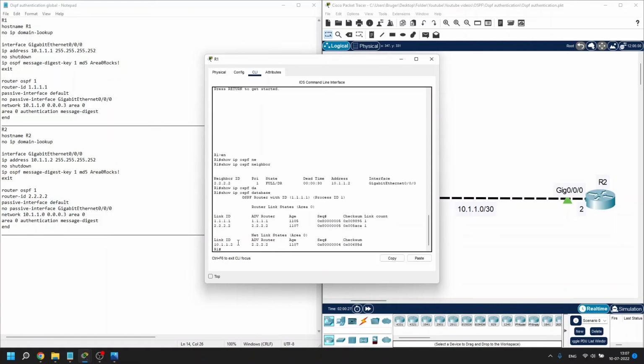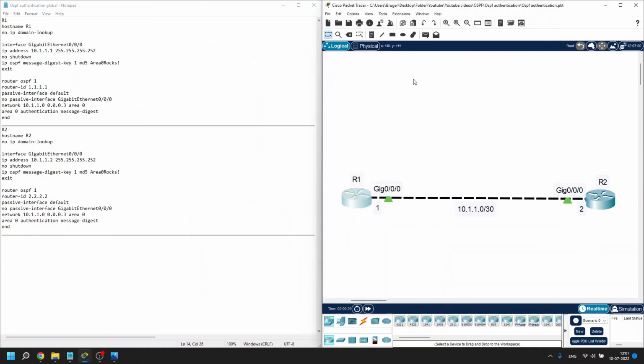That's about it, how you can make simple authentication on an area, and I hope to see you in